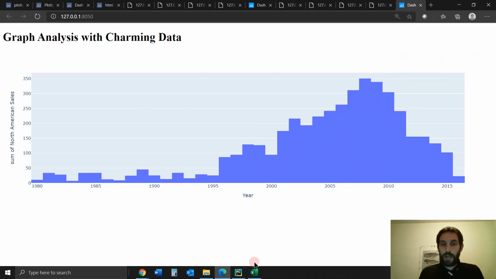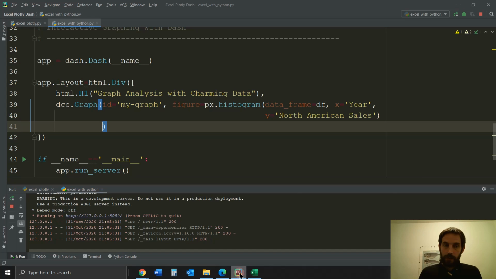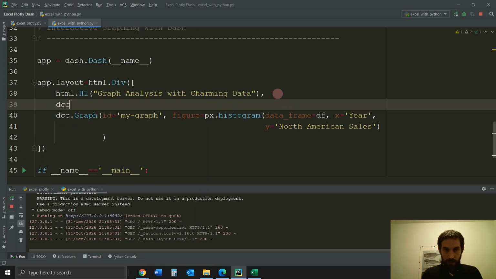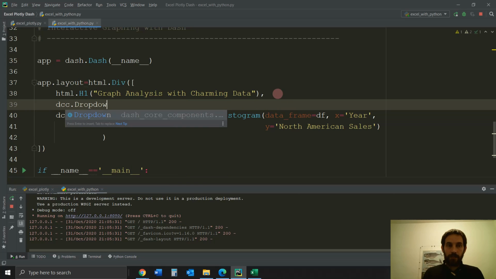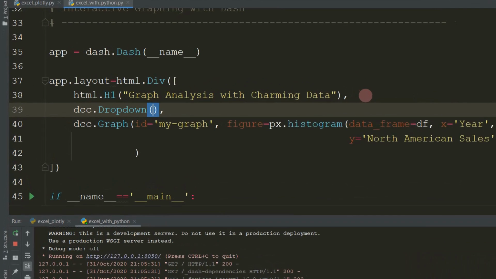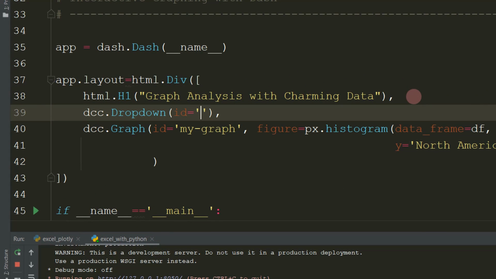All right. Now we need to add the dropdown, a dropdown component with all the different options. So to add the dropdown, we're going to add it here in between. We'll do dcc.Dropdown, open parentheses. Don't forget the comma here at the very end. Let's give it an ID. They always need an ID. We'll do a dropdown of genre choices. So we'll do genre